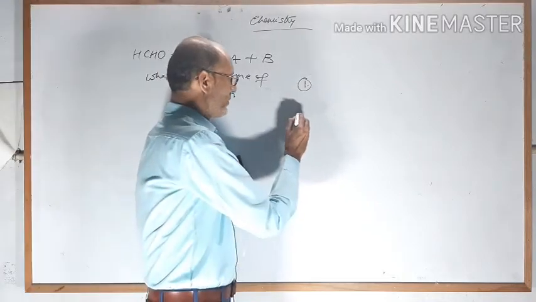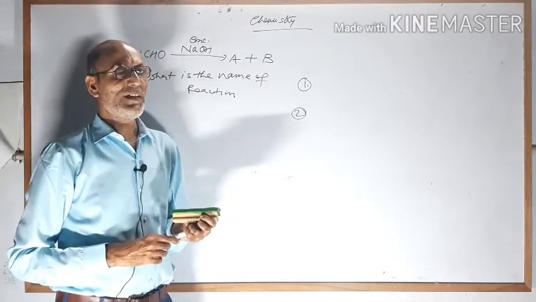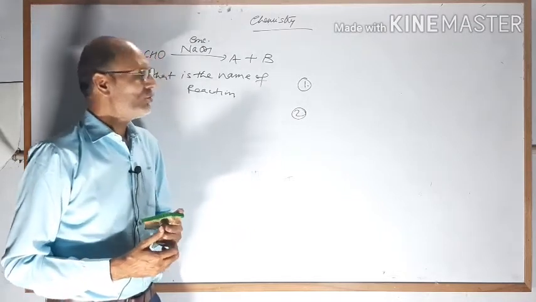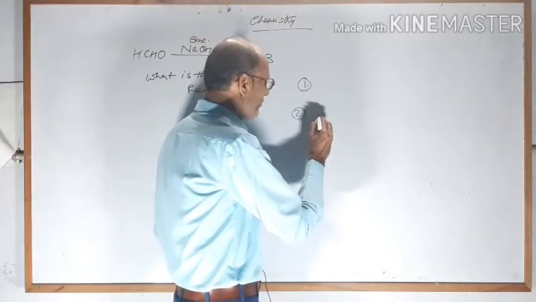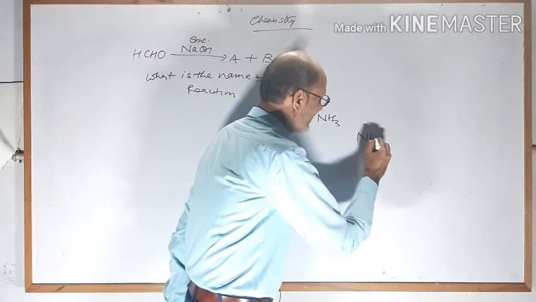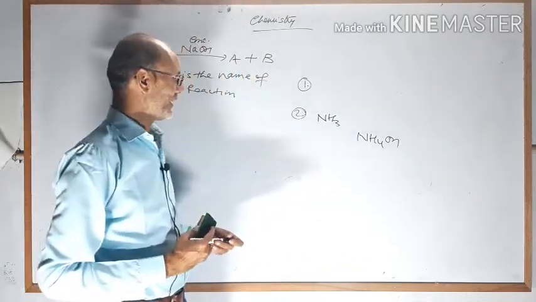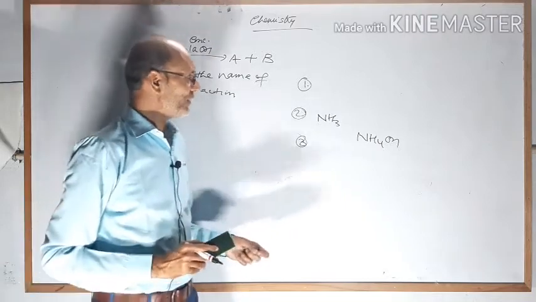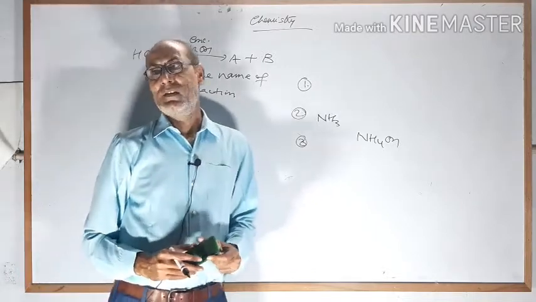Limitation number 2: this law is not applicable for gases which show a chemical change when dissolved in liquid. That means this law will not be applicable for gases that show any chemical change on dissolving in liquid. Suppose, for ammonia this law is not applicable, because if we dissolve ammonia in water, it forms ammonium hydroxide, which is a chemical change. So therefore we will not apply Henry's law for ammonia. Number 3: Henry's law is not applicable for gases which undergo dissociation, meaning when dissolved in liquid they form ions.